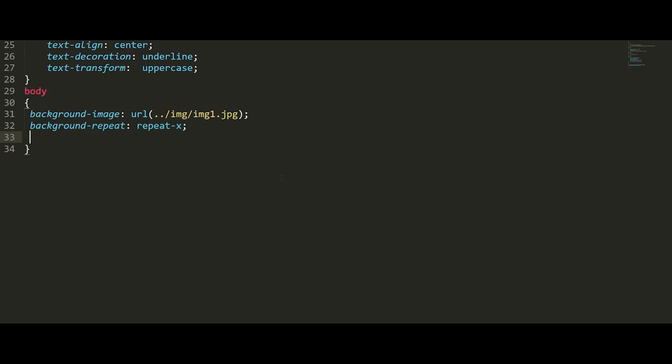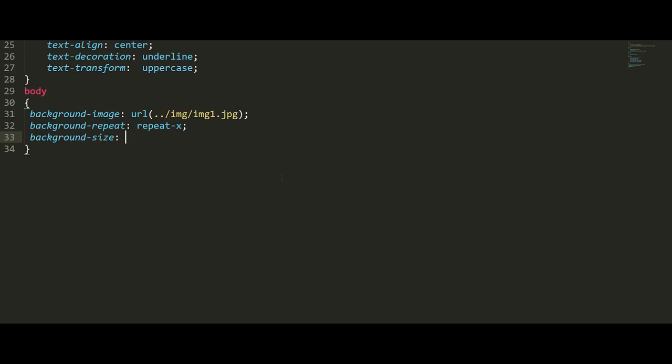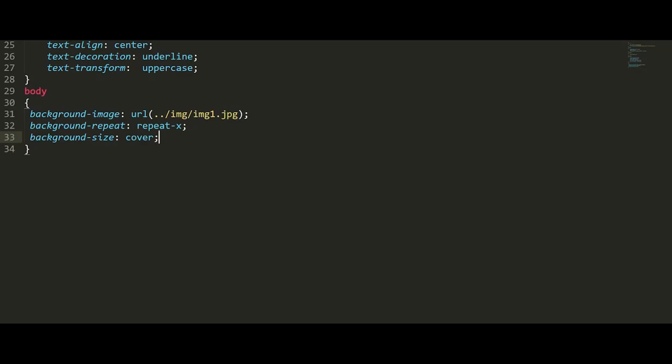Let me give cover and contain. For that I'm going with background-size. So background-size cover, you can see the difference. A single image will be covered according to the content. We can give contain.